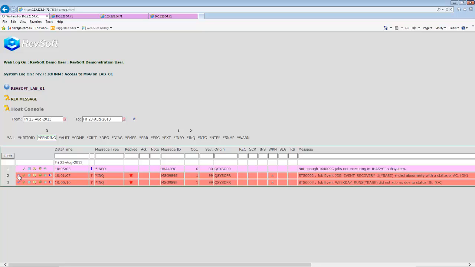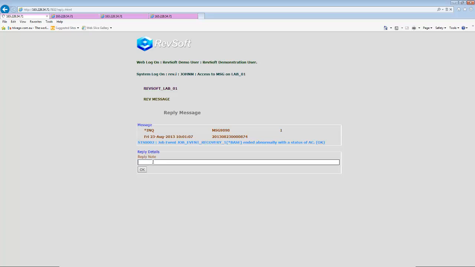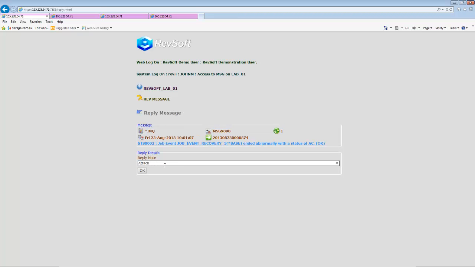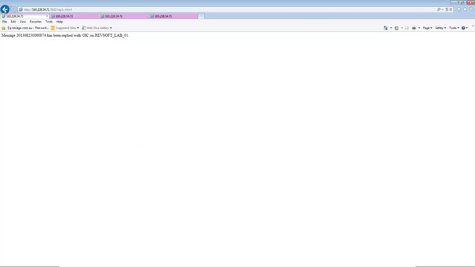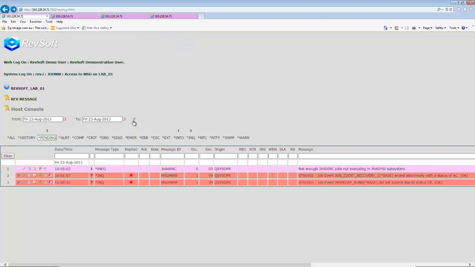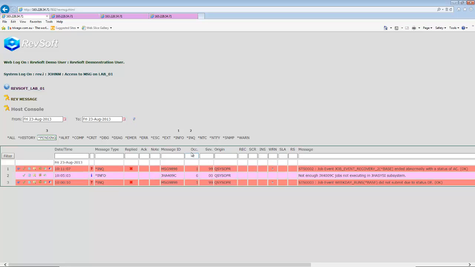can do from here is I can double click on that. I can reply to a message and attach a note just called attached. All the replies are buttons. We'll give that OK. We'll go back to where we were. It's a browser, so we click refresh, and what we'll see is the message has been replied to, so it's removed from our view. So what we can do is we can just say, okay, show me all the inquiry